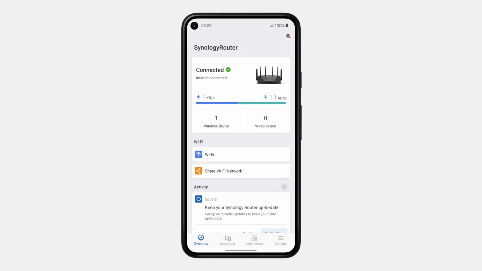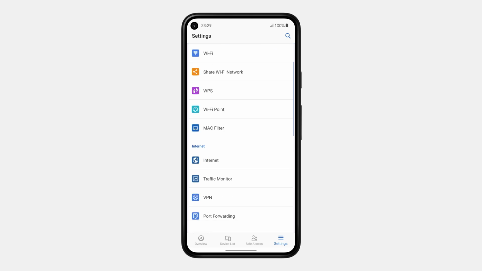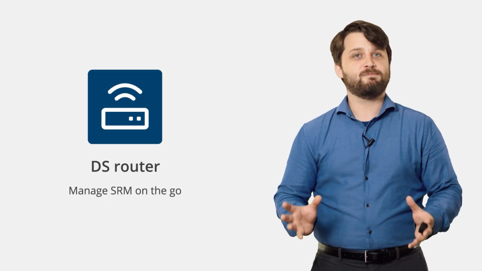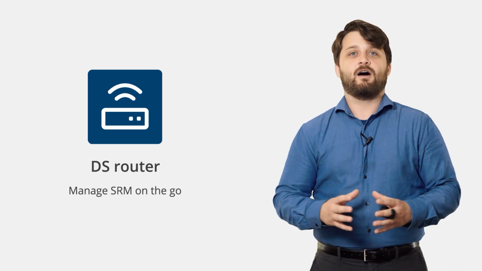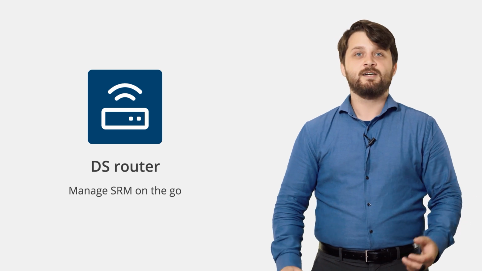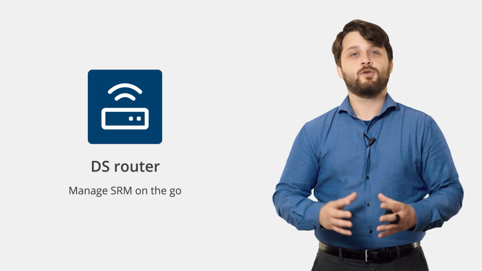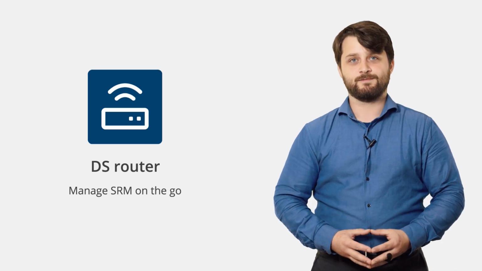Now, there's one last component to this whole hardware environment with SRM, and that is, of course, the hardware you bring to the table, and that's your smartphone or your tablet. With the DS Router application, you can actually manage almost every aspect of everything we're about to look at today, from authorizing safe access requests to even enabling or disabling your VPN. You can do everything on the go utilizing the DS Router application.